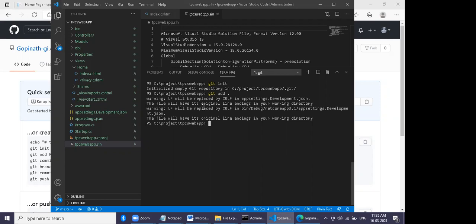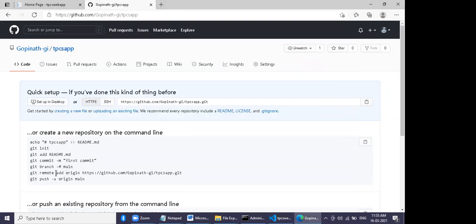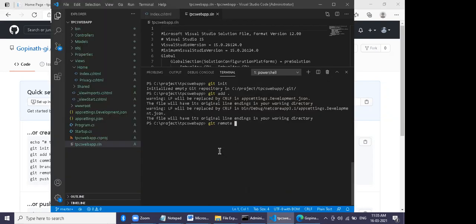Now just say git remote. Go back to your GitHub. You forgot to add one more file, that is readme.md. So click the TPCS web app and then go to the manual file.